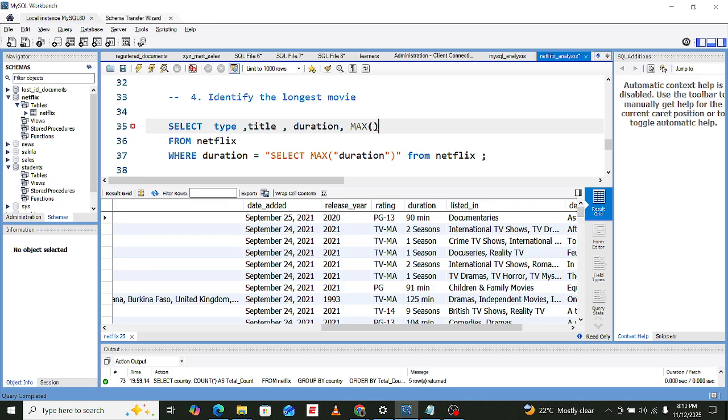No, before. I think it's before. You see, I want you to put the duration part inside the max formula. Oh, it should be inside. Oh, okay. Let me see this, like that.